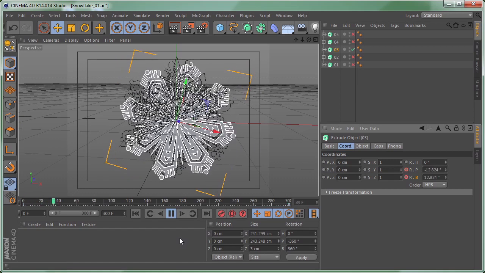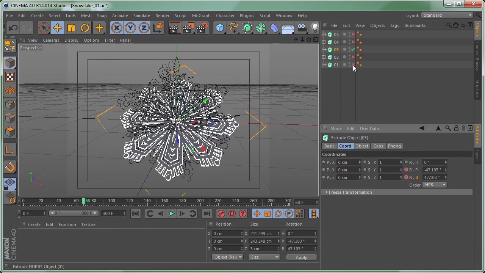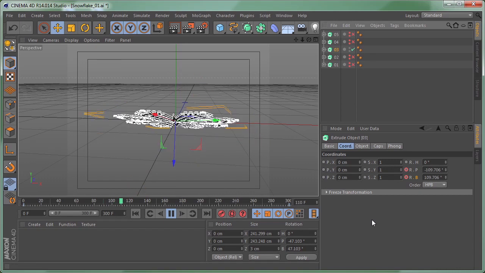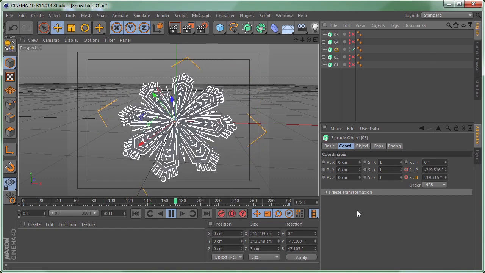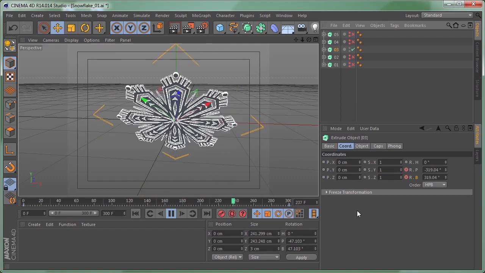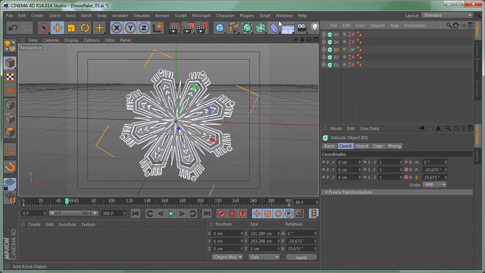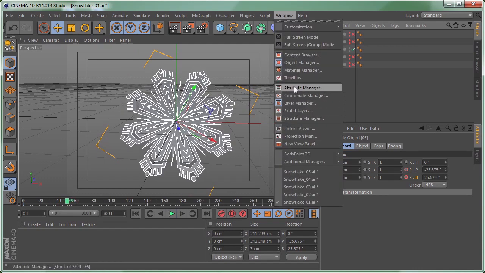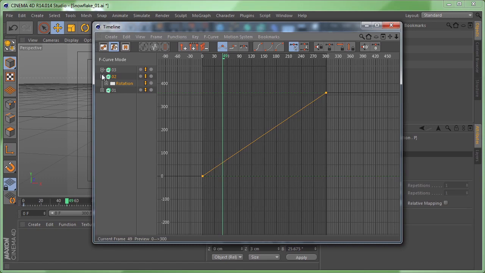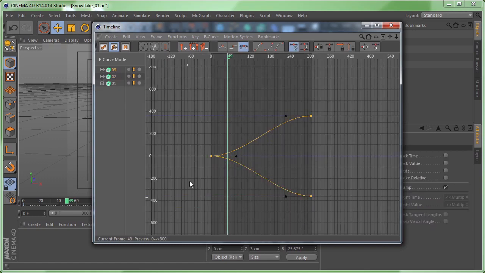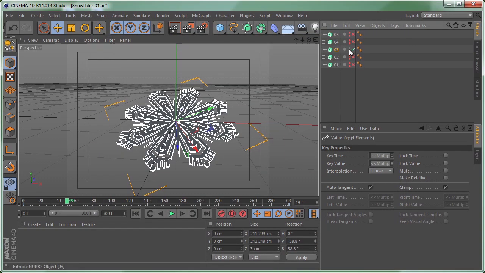So if we play this, and let me turn off the rest of the snowflakes. If we play this, you can see how it slowly stops and then starts, which is something that we don't want because it doesn't look natural. And let's select this and make them linear and close the timeline,